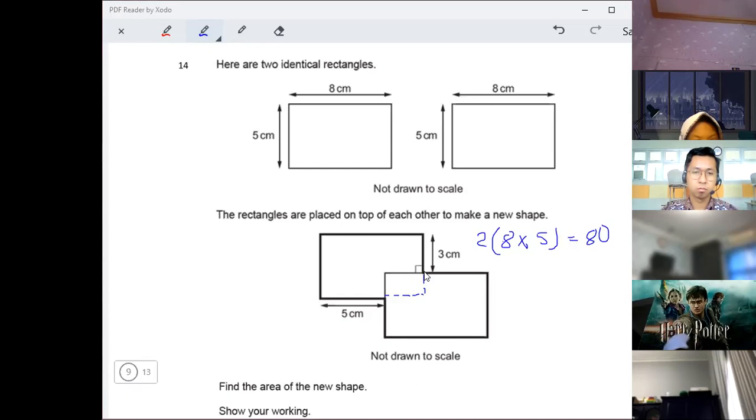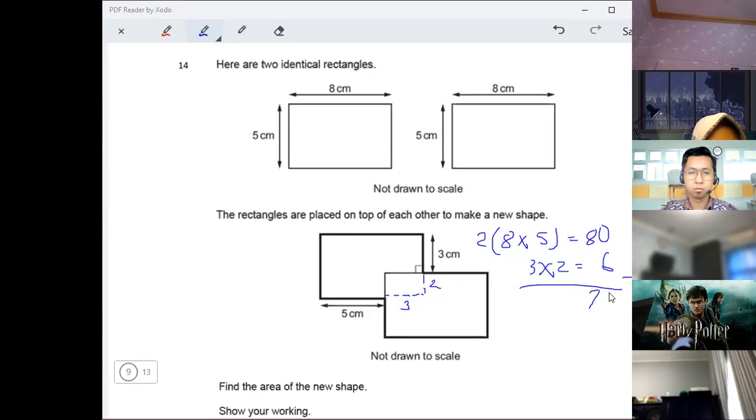It's supposed to be 5, but there is only 3. It's 2 centimeter and 3 centimeter. Yes, that's right. It's supposed to be 8, but it's only 5. So 8 minus 5 is 3. So it's only 3 times 2. So what do we do with the 3 times 2? Minus with 80, minus with 6. We will minus it because yang belakang ini nggak kelihatan.